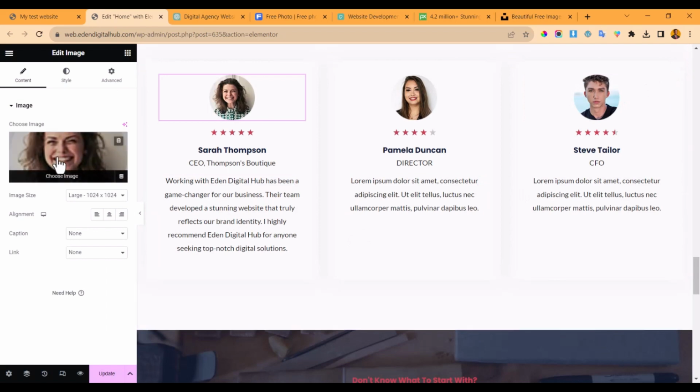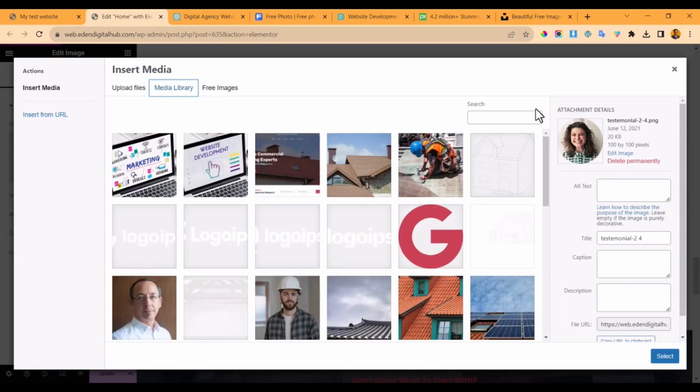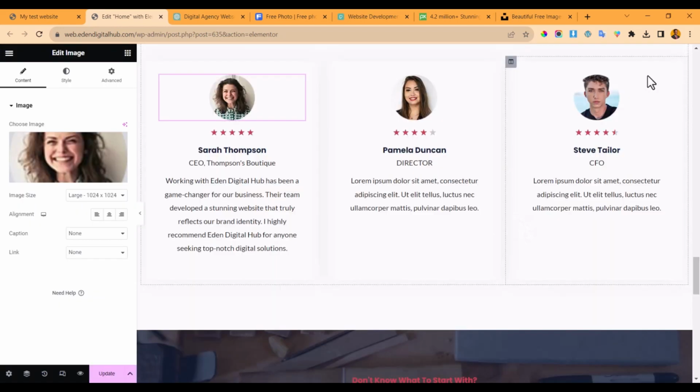But make sure it is the same size. For example, this is 100 by 100 pixels. So make sure it is 100 by 100 pixels. You can use a camera to do that. It's very easy. So then this one also,